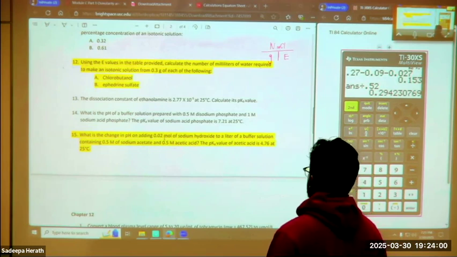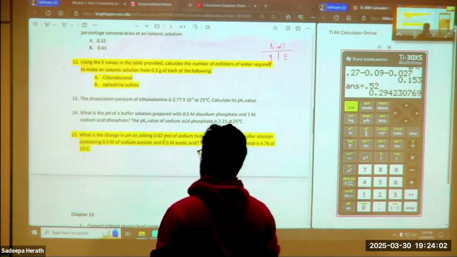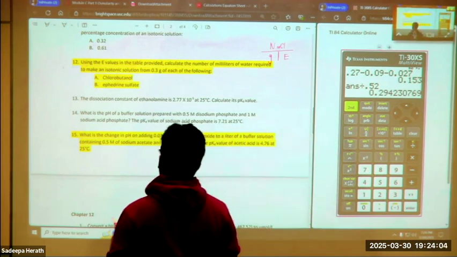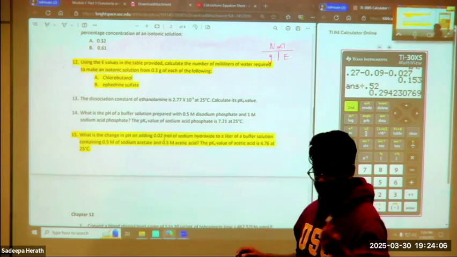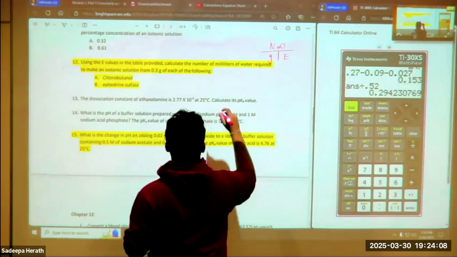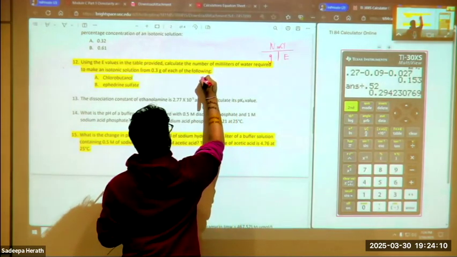Okay, yeah, no worries. So we're using E values, and then let's do A first, right? Let's just write it out. So for A,